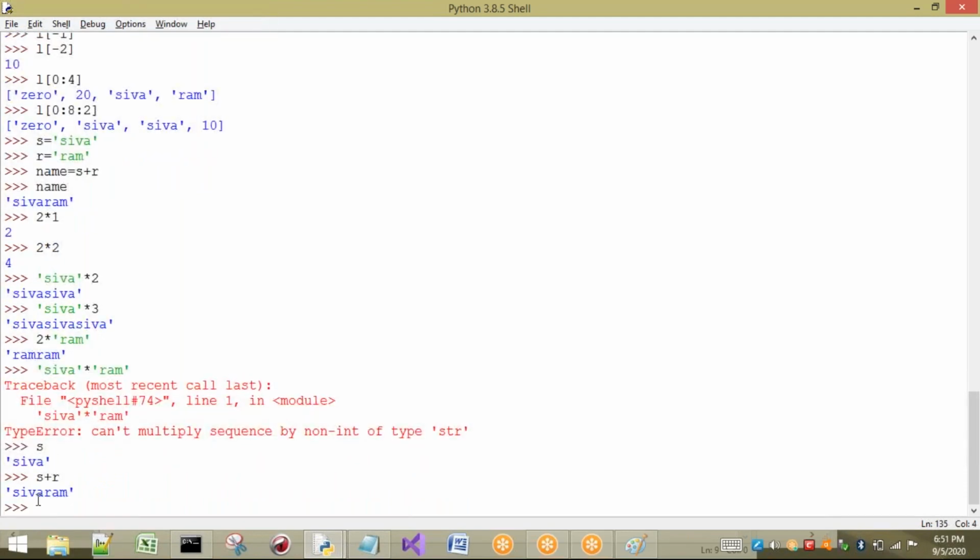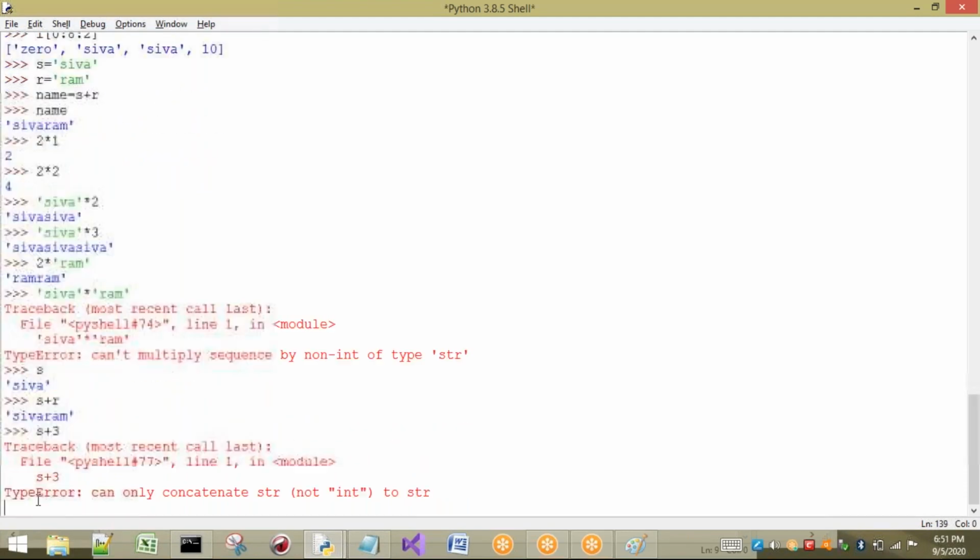What happens? Shivaram is printed. S plus 3 is printed, and what do we get? An error. The reason is that if you use plus between strings, both should be strings only. But if you use the multiplication operator with a string, one should be a string and the other should be an int type.